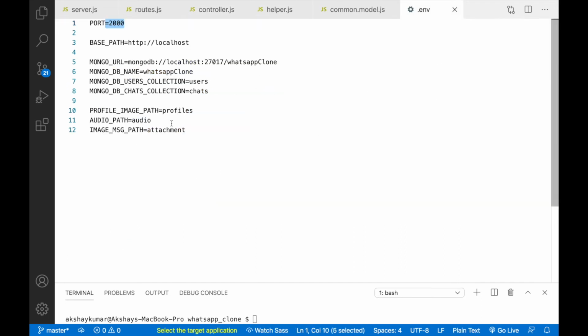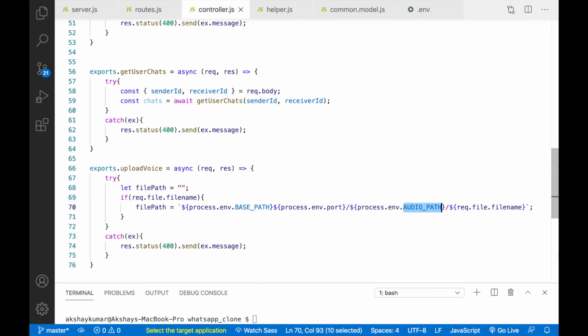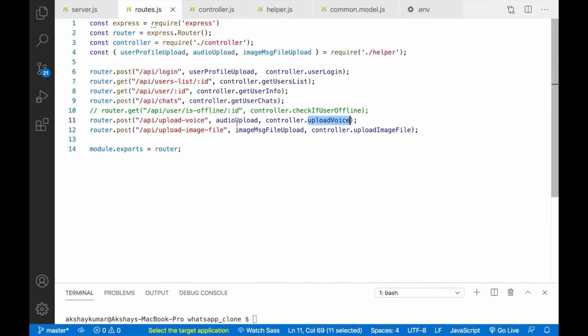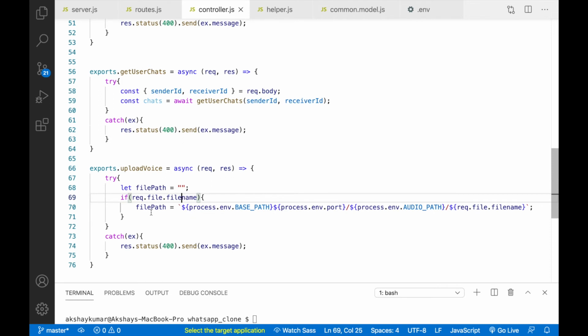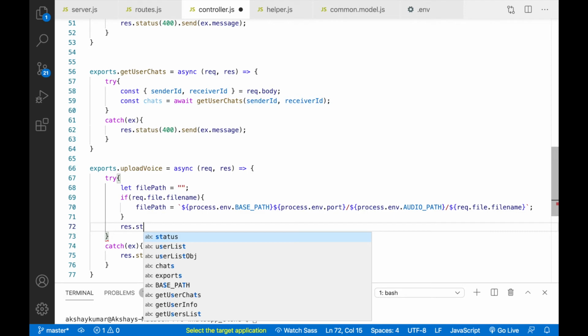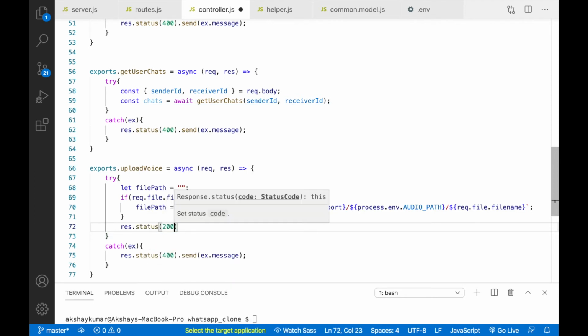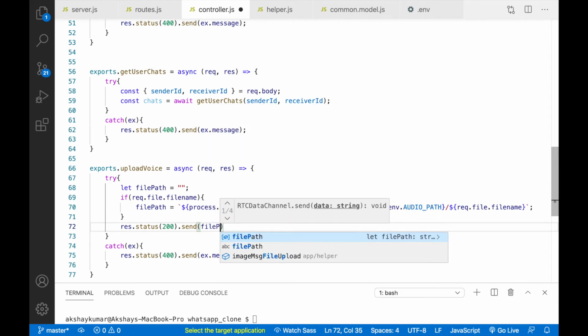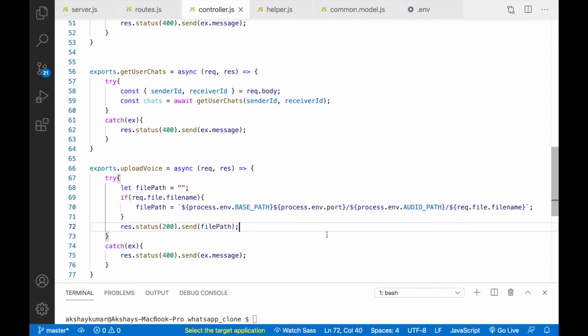So that is this audio, okay? And after that, we are taking the file name, which is coming inside the request. This file name is coming because we added the middleware, this middleware, audio upload. So after doing this, we'll simply write res.status(200).send(filePath). Okay, like this.